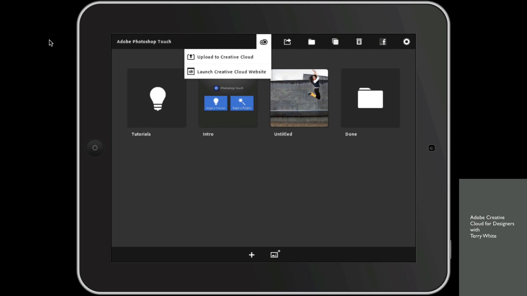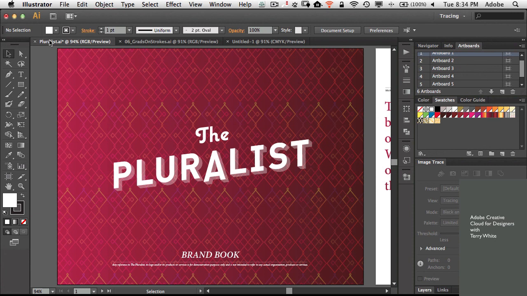Once I upload it back to the Creative Cloud, I could then work on it again in Photoshop Touch or in full Photoshop. Photoshop will be able to open these files and work with them directly. So that is where I can start a project in Photoshop Touch and continue it on the desktop or vice versa. All right, we could spend all day talking about Photoshop,